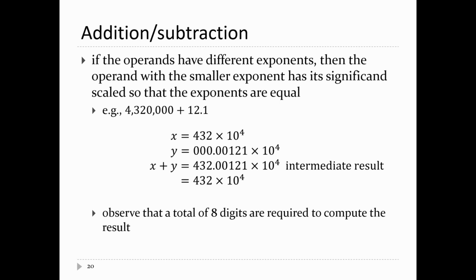Right. So the question has raised the issue: how exactly do you compute this thing? I need the 8 digits here to calculate the intermediate result. Can I actually do it with 8 digits? And if I were to say yes, you would say, well, why isn't our floating point format using 8 digits then? And so the answer is,